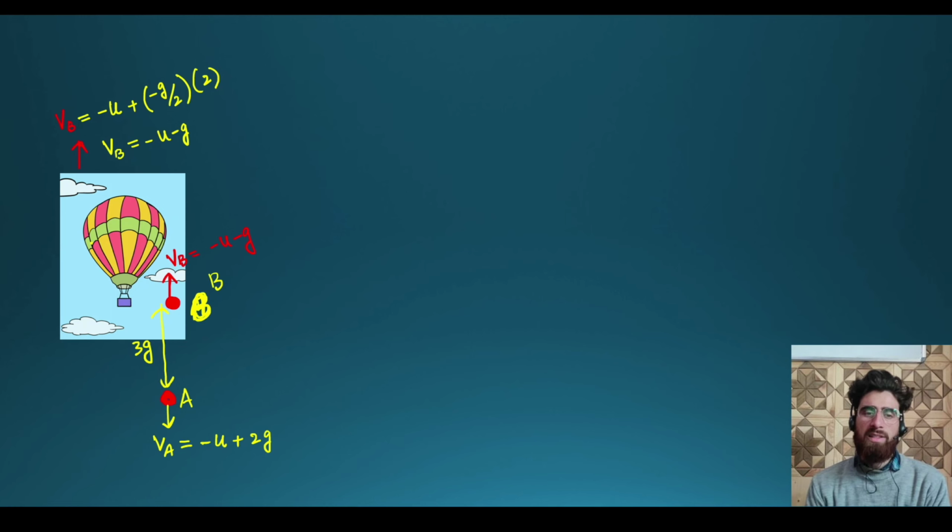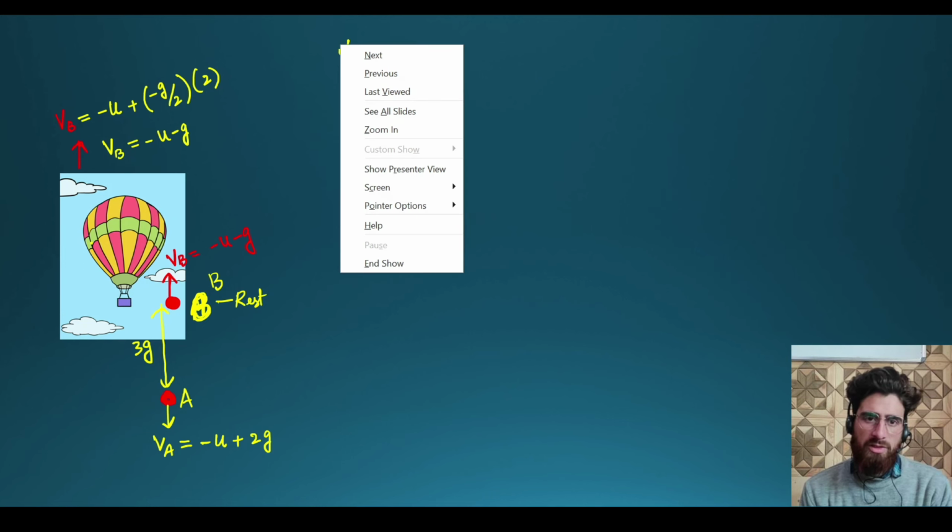Now, what's going to be the further separation over the next 6 seconds? How much are they going to separate in those 6 seconds? Again, they are in relative motion. So what we are going to do is keep particle B at rest, and give its velocity and acceleration to particle A in the opposite direction. So now, keeping particle B at rest,